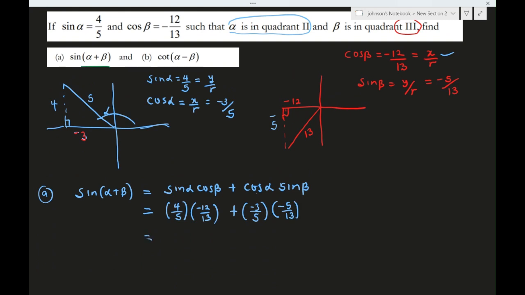So if we look at this clearly, we have 4 times minus 12, which is minus 48, minus 48 over 65,